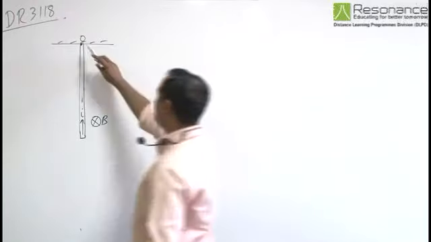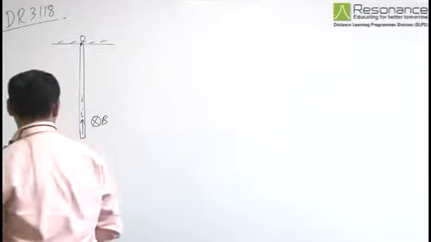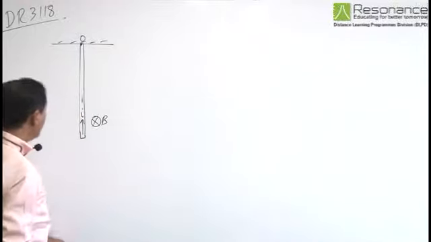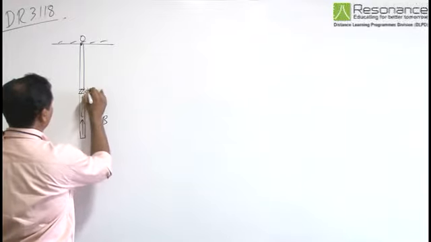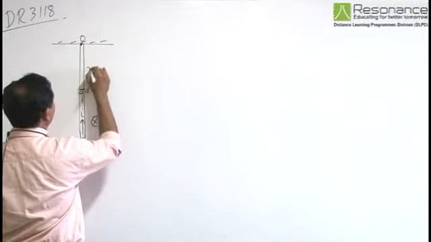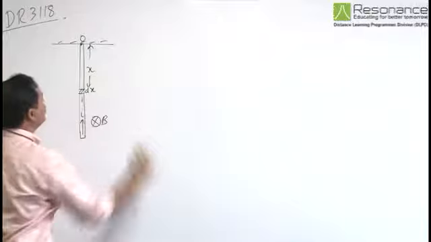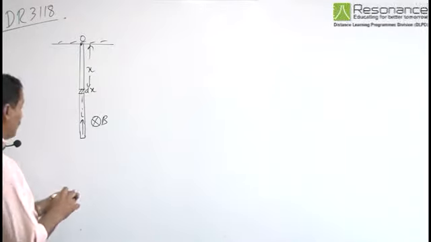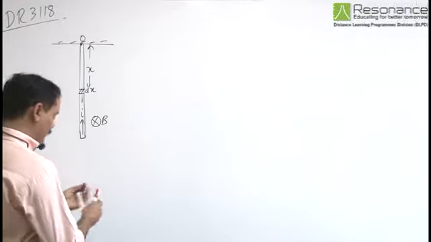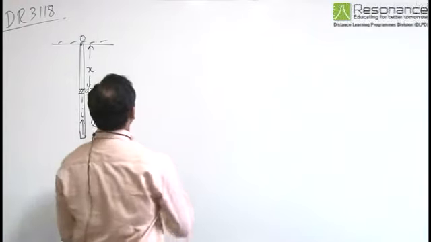So, how much force the hinge is exerting, that we need to find. First of all, let us take an element dx at a distance x from the hinge. So, the force on this particular element due to the current through it can be obtained.